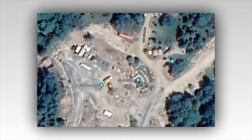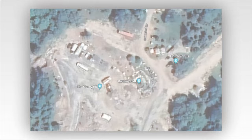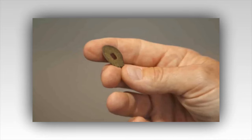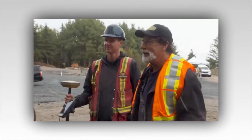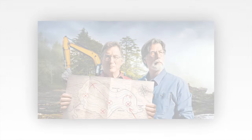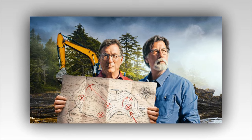The drilling process encounters several obstacles, cave-ins, water influx, and mechanical failures that put the team on edge. The island, known for its booby traps and flooding tunnels, seems determined to keep its secrets. But the Laginas are relentless. With every setback, they regroup and push forward. The camaraderie among the crew is palpable, as they know they're closer than ever to answering the riddle of Oak Island. As they drill deeper, the mood shifts from anticipation to a tense silence. The sound of metal grinding against stone hints that